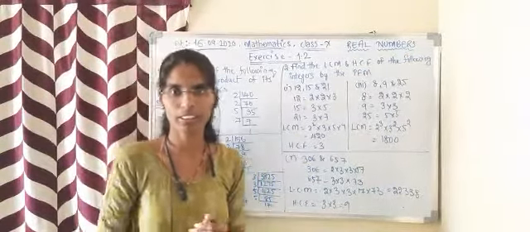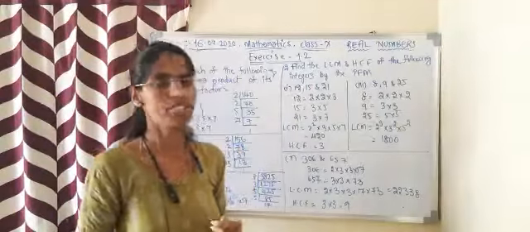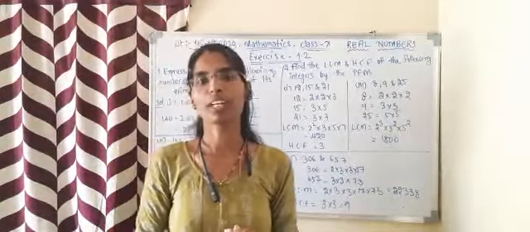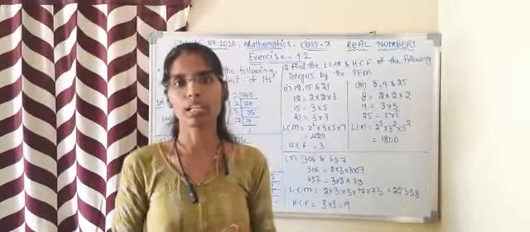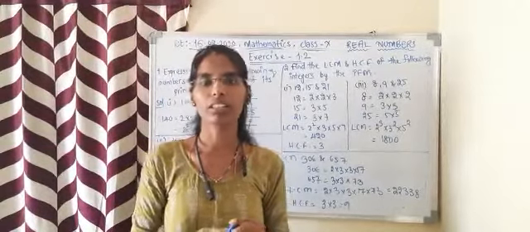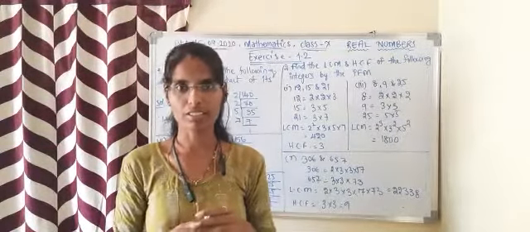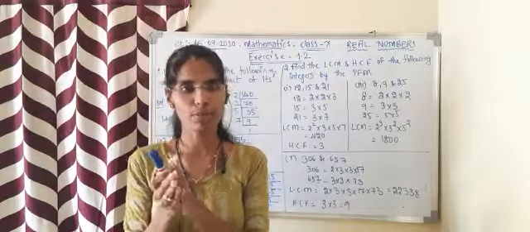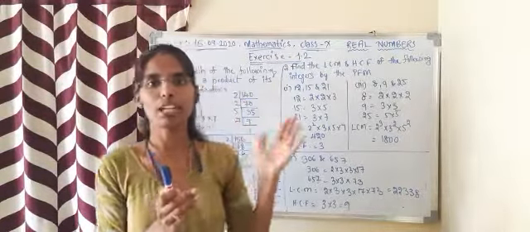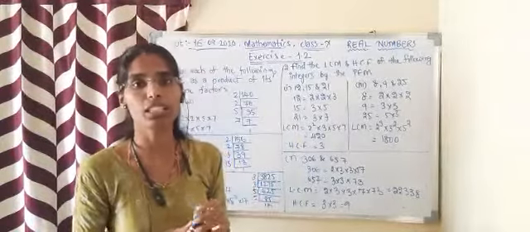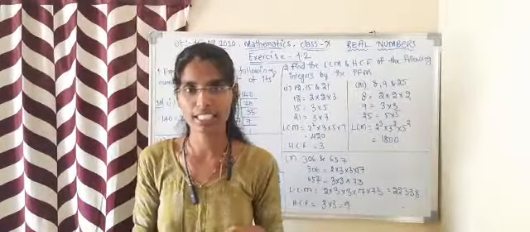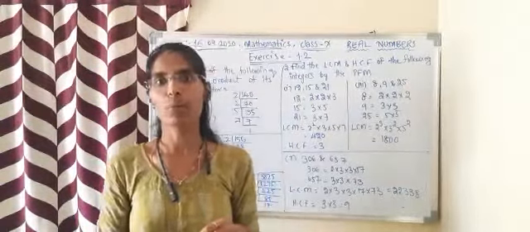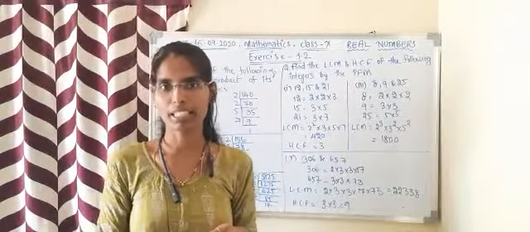In yesterday's class, we learned about the fundamental theorem of arithmetic. What is the fundamental theorem of arithmetic? We have seen that every composite number, a bigger number or a smaller number, can be written in terms of its prime factors. The prime factors cannot be simplified any further. Based on that we have an exercise, and we have also learned about the highest common factor, that is HCF. In today's exercise we will be learning about the LCM and the HCF.